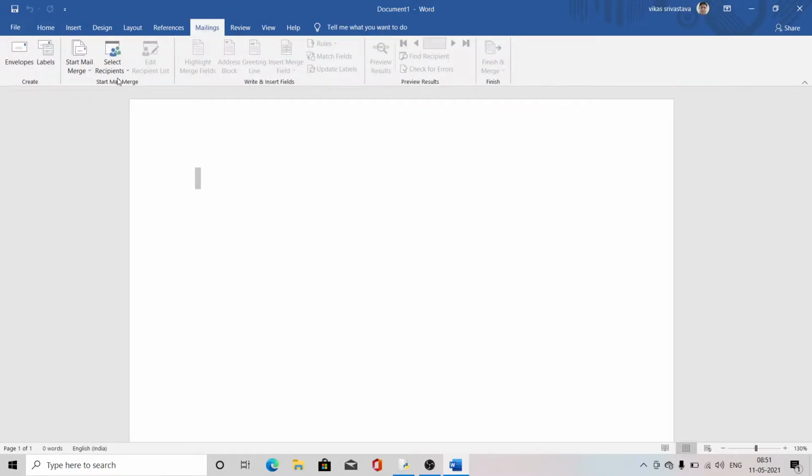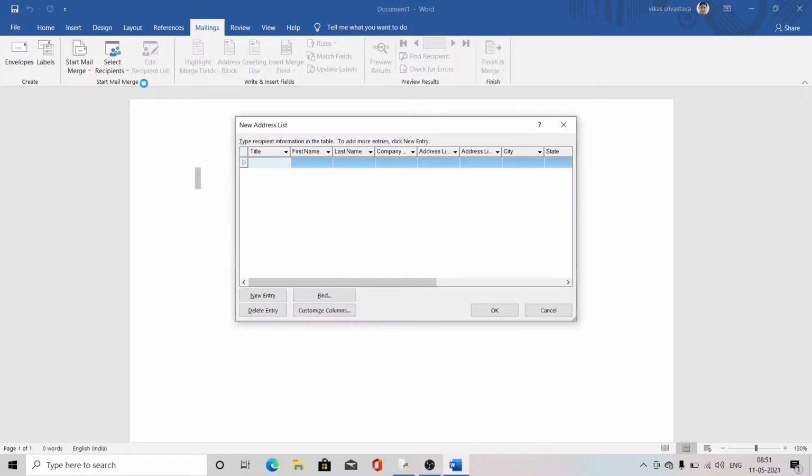In the Mailings tab we have to select the option Select Recipients. First I have to work with that one. Select Recipients means I will make a list of all the persons to whom we are going to send the letters. At the time of sending letters, what fields I have to use, I will decide from here.